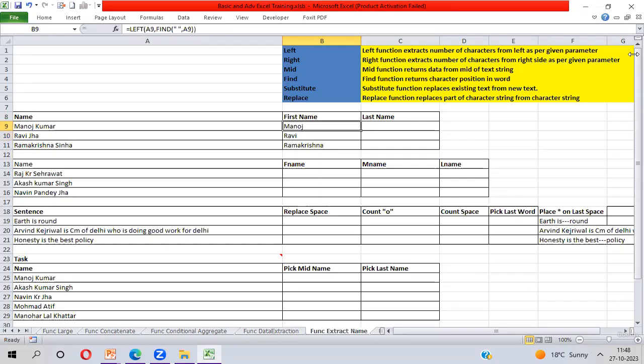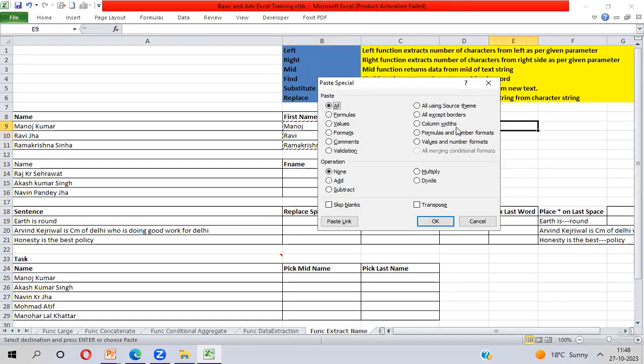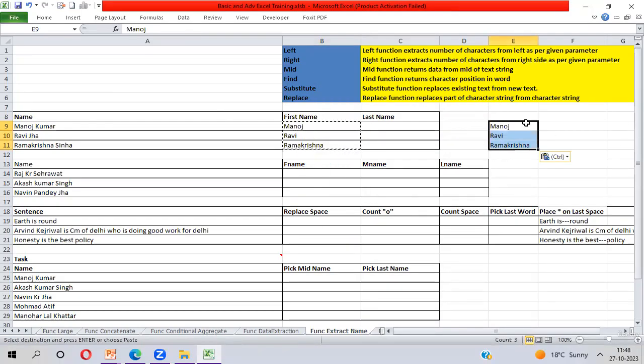But what is the issue? See here what the issue is. If I copy this data and paste special values, you are getting one extra space. If I'm not putting -1 in this place, then you are getting an extra space. Why am I getting the extra space?